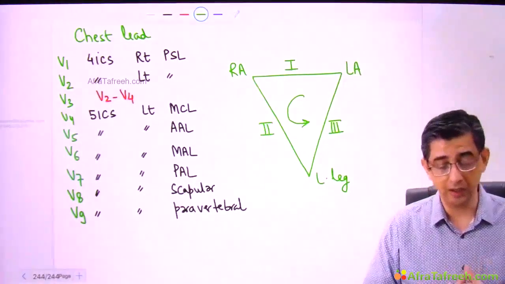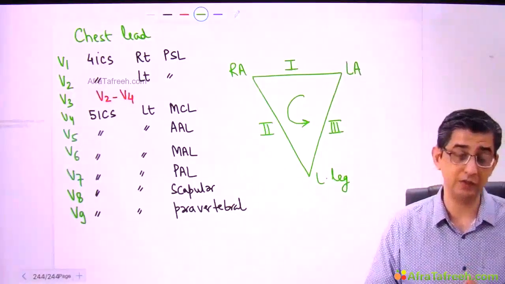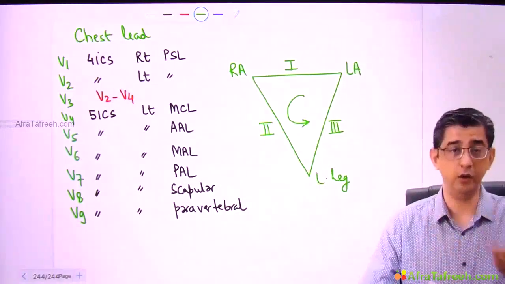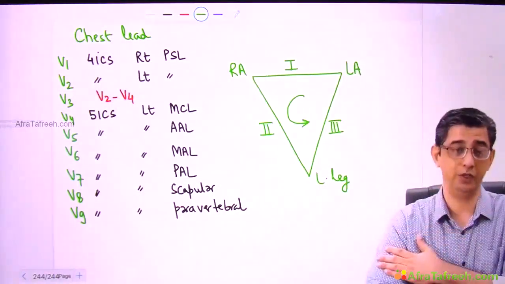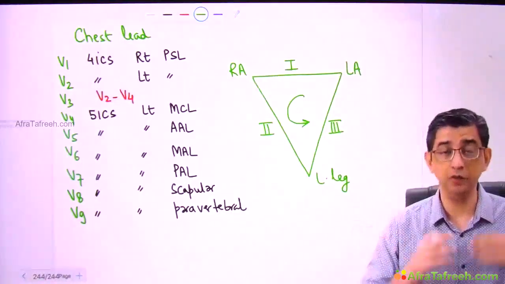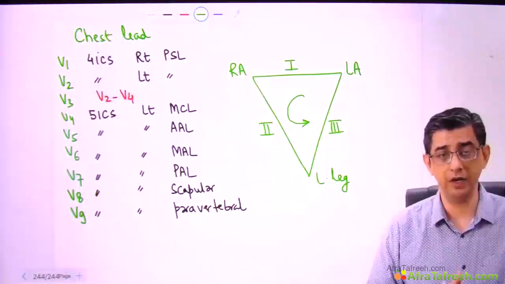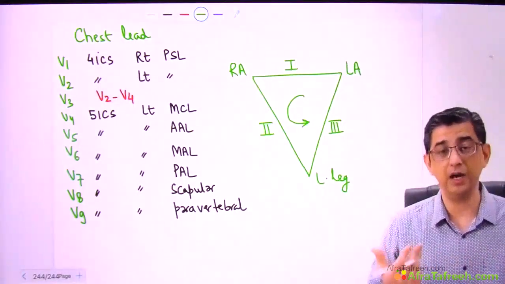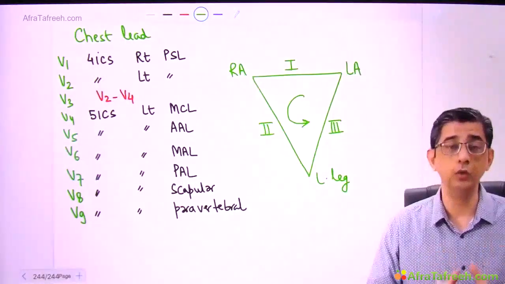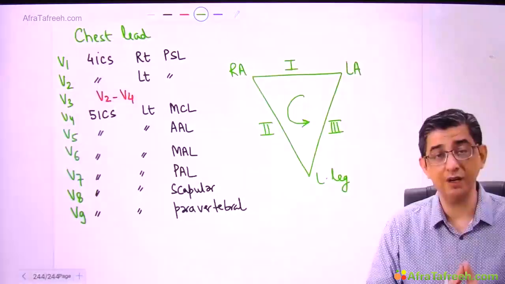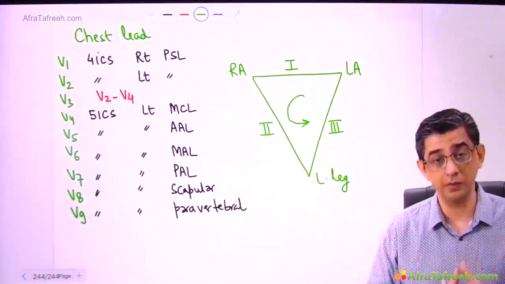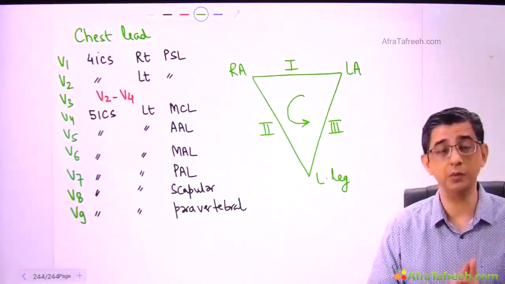At this juncture, I had a query from a student. He said, sir, if somebody is having an amputation, like a soldier and maybe a grenade went off very close to him, so he has an amputation, like both arm amputation or maybe even a tetra amputation. Instead of a grenade explosion, you can take a scenario of a guy who had a train accident and his arms got amputated. So can you do ECG in a person who's having a tetra amputation? The answer is yes. You can put the electrodes on the stumps. So yes, ECG is possible in people with amputation.